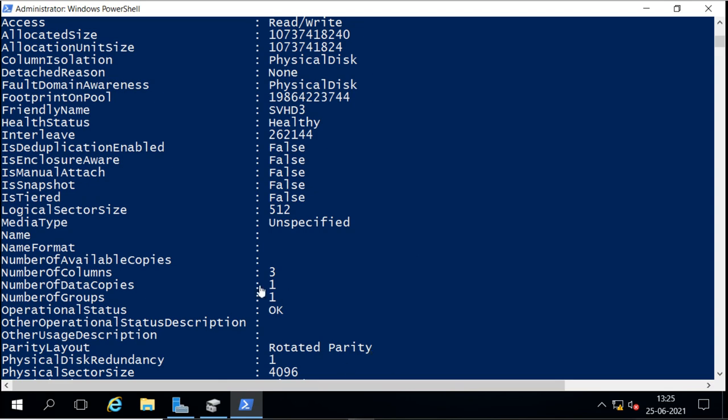Here we can see the number of columns it is using, and it is using 3 because we have 3 physical disks. All these three physical disks are used to create this virtual disk.